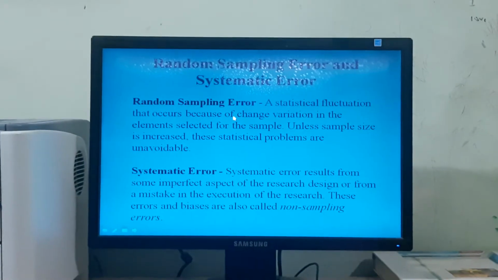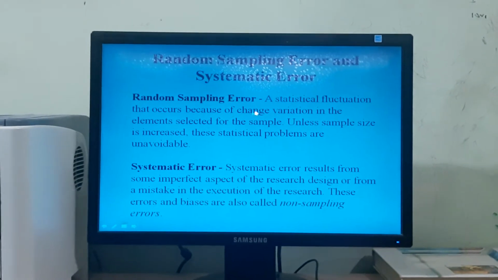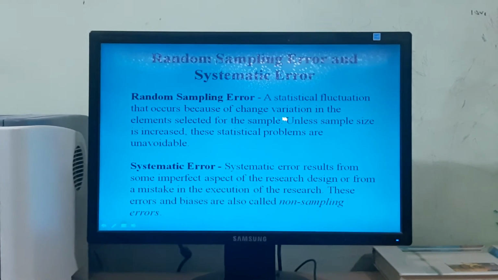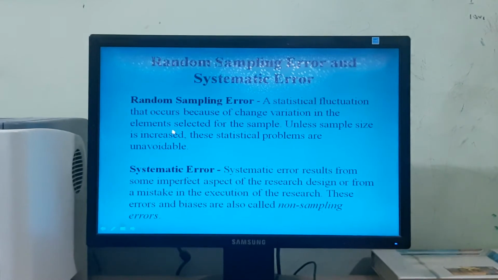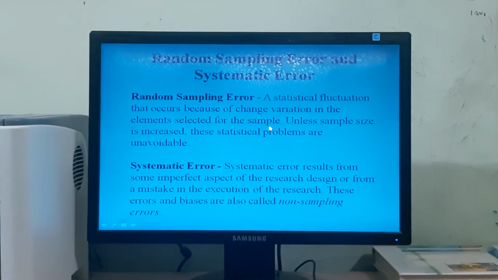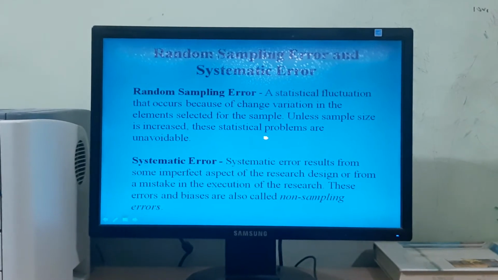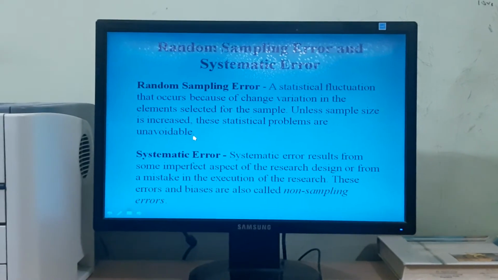Now we shall see the details of random sampling error and systematic error. Random sampling error is a statistical fluctuation that occurs because of chance variation in the elements selected for the sample. Unless sample size is increased, these statistical problems are unavoidable.